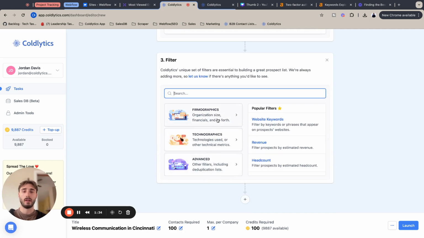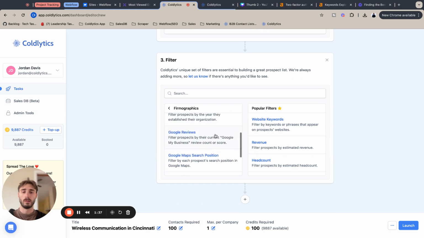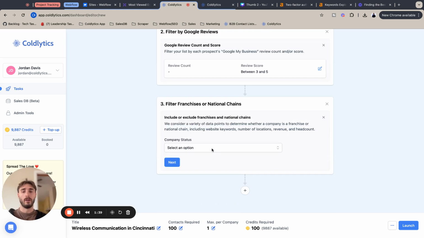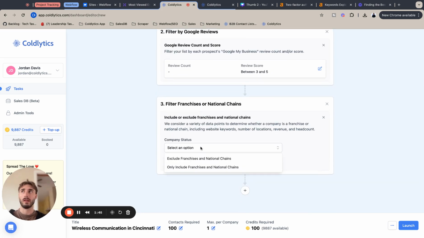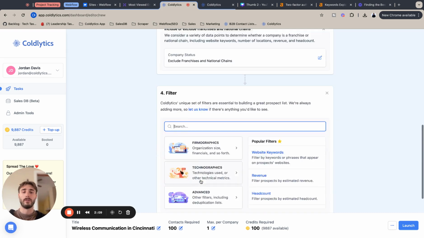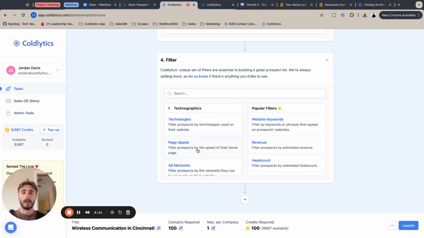The next filter we're going to add is a franchise filter here. If I'm targeting this for a lead sheet, I'm just scared we might get some T-Mobiles or Verizons, and we don't want T-Mobiles or Verizons as they're probably already working with marketing companies, and they're probably just on a different level. So I'm going to exclude franchises and national chains, excluding T-Mobile and excluding Verizon. And with that, I'm going to hit next, lock it in, and finally we're going to add a page speed filter,